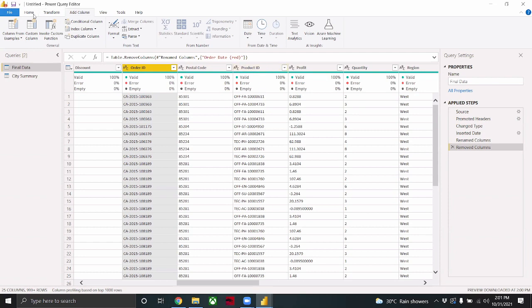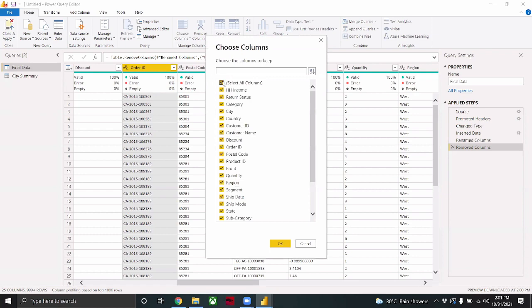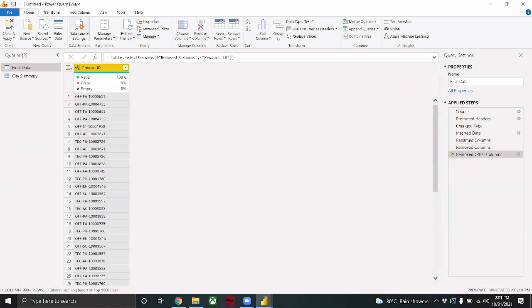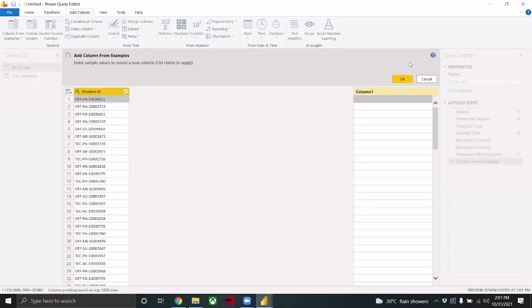So what we do again is আমরা আবার choose columns এ যে product ID টা রাখি, let's keep product ID only, and now transform column এ যে column from example দিই, and এখানে আমার কয়েকটা example দিই the output that I want. So আমি চাই প্রথমটা আসবে হচ্ছে off, then FA থাকবে না, off থেকে থাকবে হচ্ছে 1, তারপর 1 2 3 4 চারটা শূন্য 1 2 3 4 6 1 1 প্রথম এক্সাম্পলটা দিলাম।